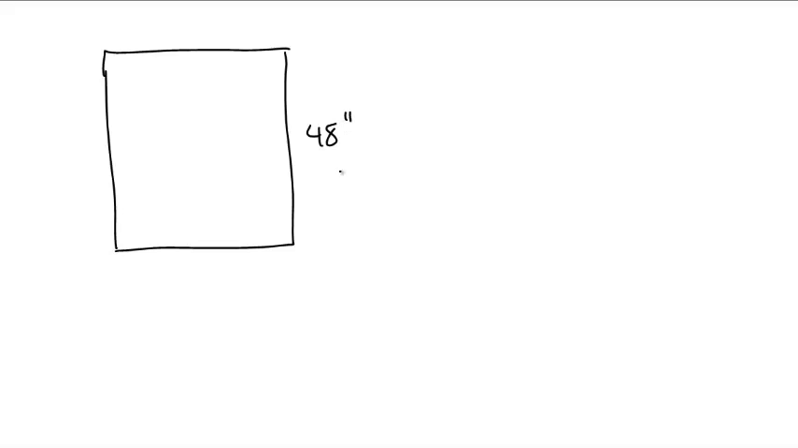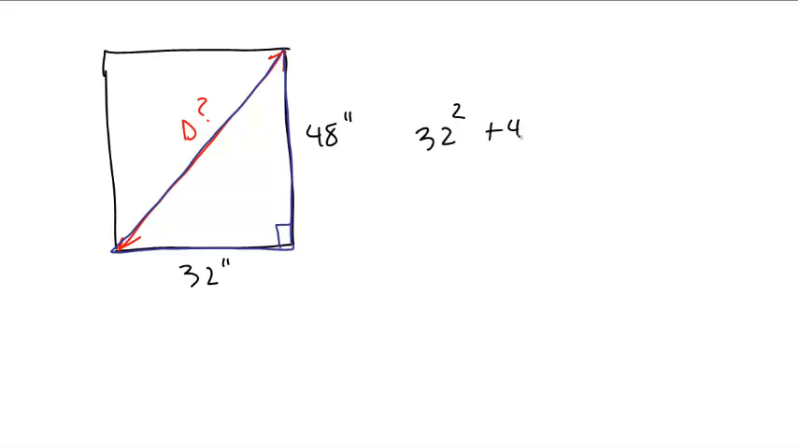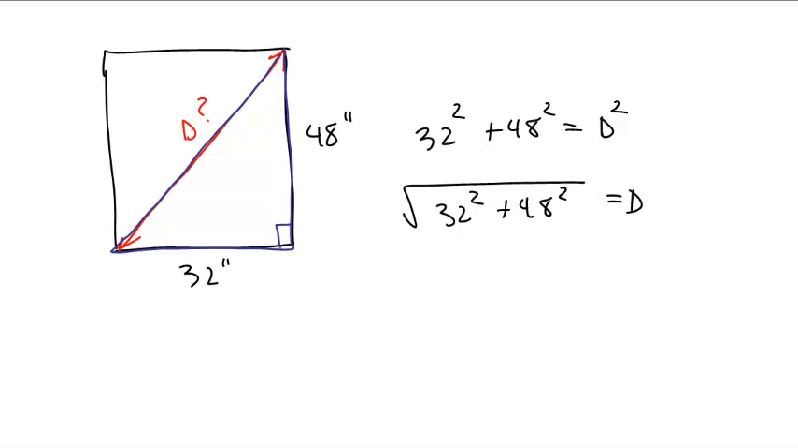Let's say that you have a painting that is 48 inches tall and 32 inches wide, and you want to know what is the diagonal measure. Well, in this case, what we're talking about is a right triangle, and the thing that we want to know is the longest side. So we say 32 squared plus 48 squared is d squared, and therefore take the square root of both sides. The square root of 32 squared plus 48 squared is d,